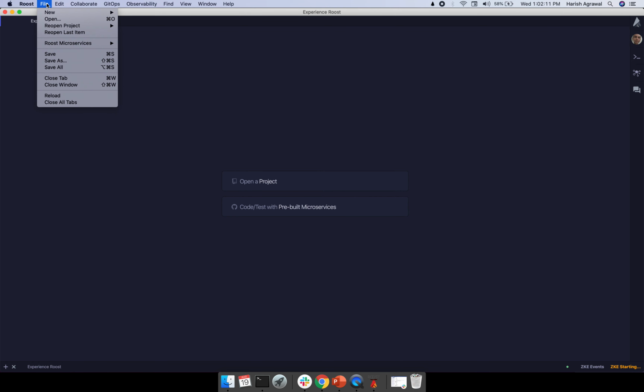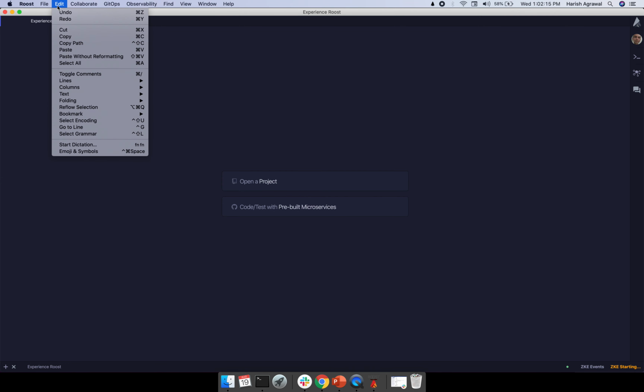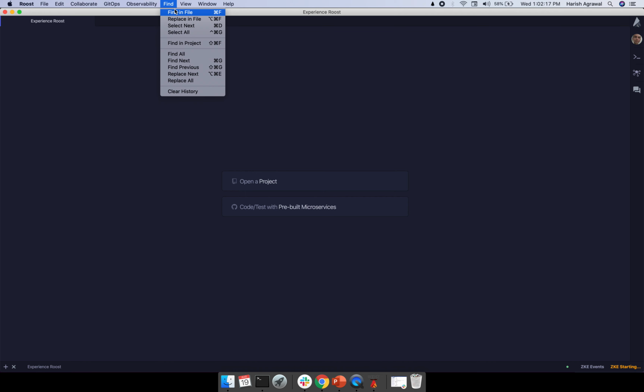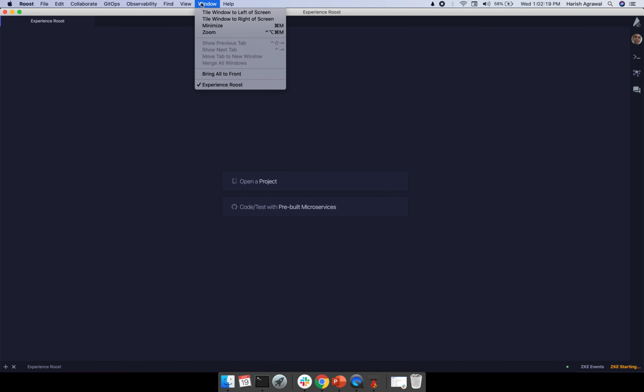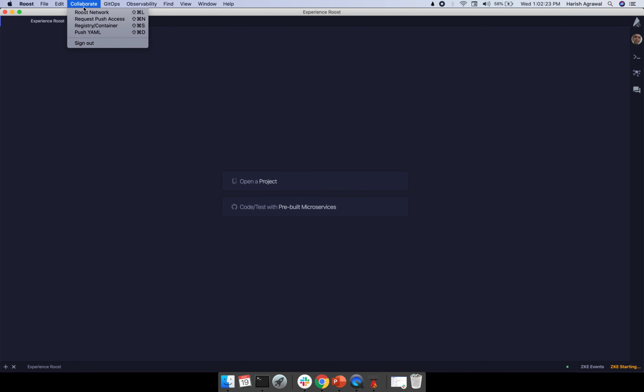And we have the standard IDE menu, which is like you can open files, projects, edit them. You can look for things in the file or view different panes as well as windows, right? In addition, what we have is a menu dedicated to Collaborate, which we will be dedicating different videos on how to use Collaborate.